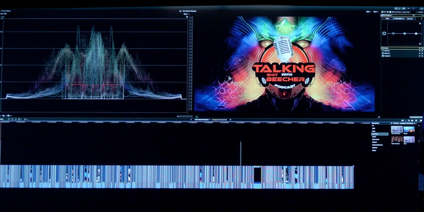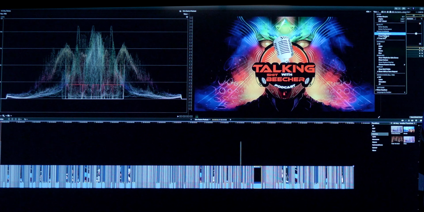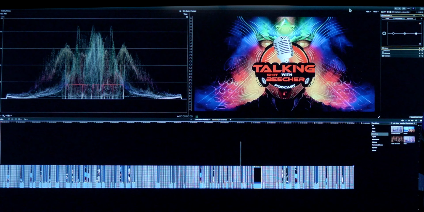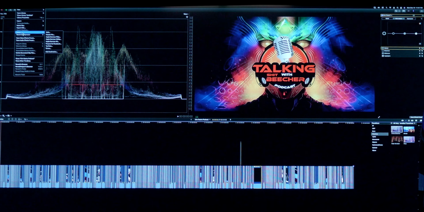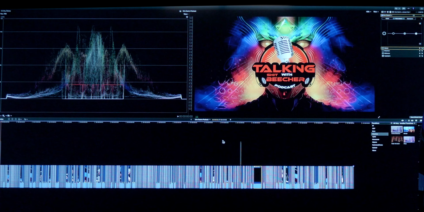So when you render this, you have to go back to the view and go back to optimized original. Now, if you make a mistake and you forget to do that, it'll tell you. So file, share, 4K. See, it pops up right here. This project is currently set to use proxy media. And you don't want that, because then the output is going to be that rendered proxy half resolution, and I want 4K. So all you got to do is go back to this view,